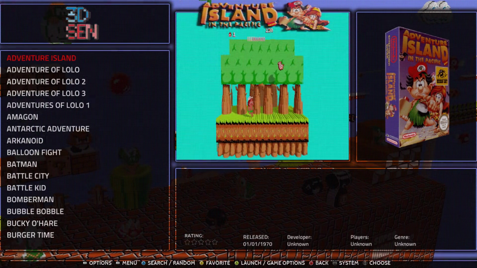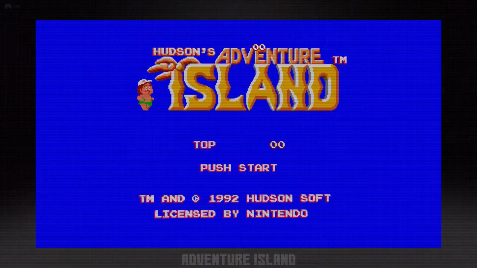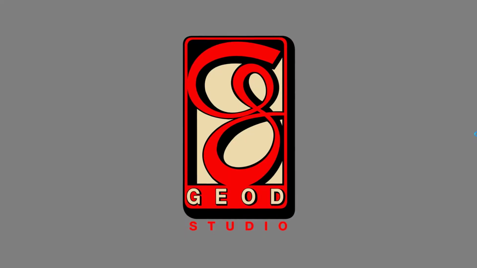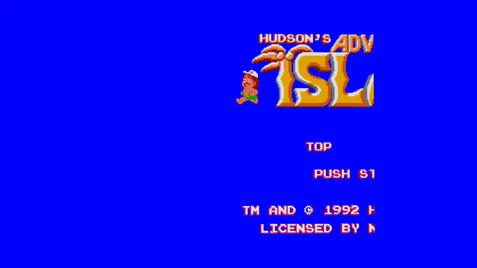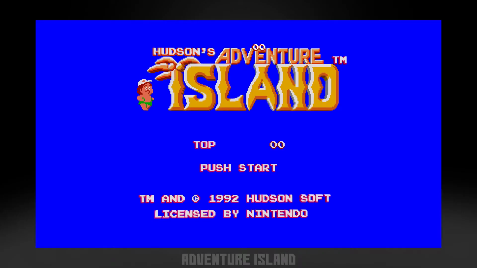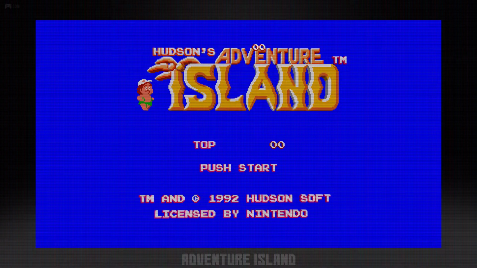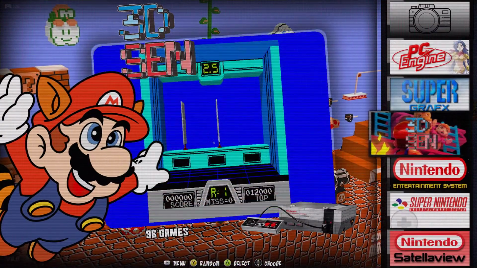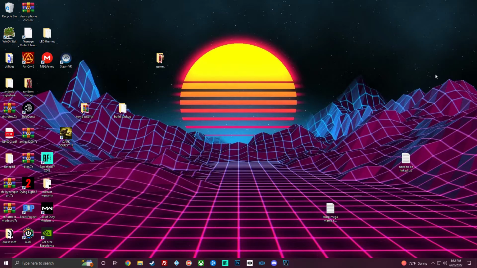Okay, here's Adventure Island. If I click on that, you'll get a little blip where you see the emulator start to open sometimes, but then it'll go ahead and start the game. So you get that blip, but then it'll start. Okay, and that's totally acceptable. I'm going to show you how to make it work. So what you got to do,